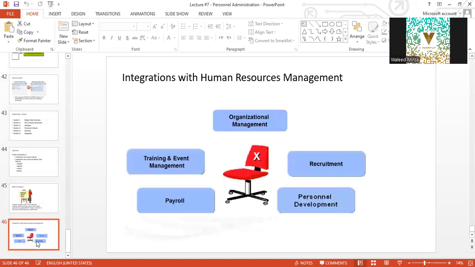So the integrations that we'll see will be happening with payroll, organizational management, recruitment, personnel development, and training. So we'll be looking into this very deeply. And that was all for